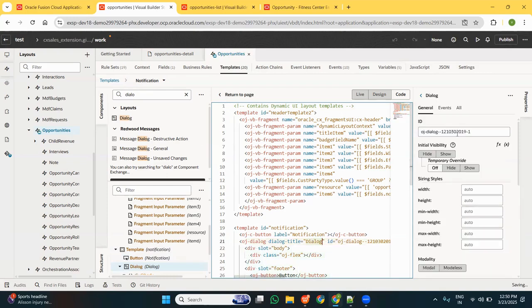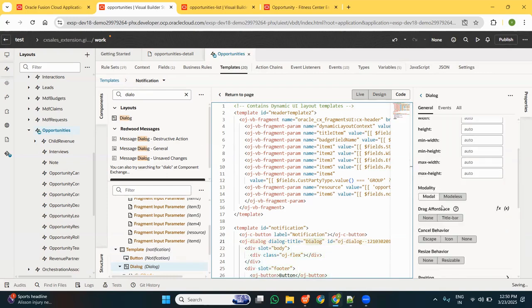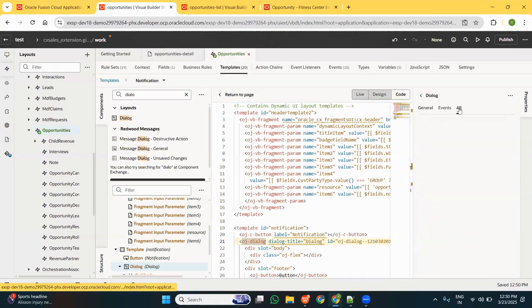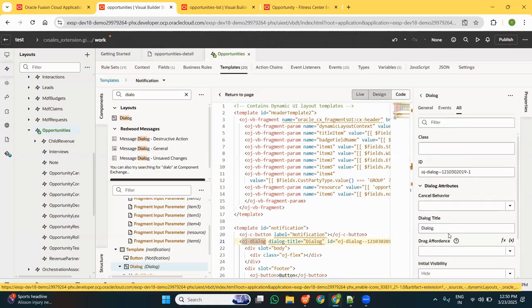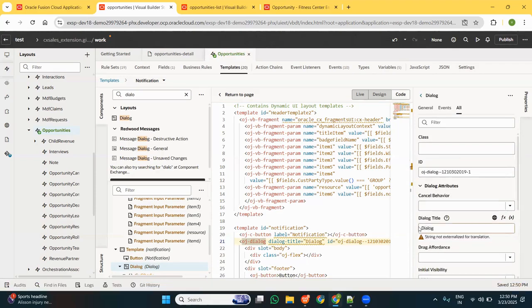You can also modify the content for this dialog box. Hover on this OJ dialog, click on this all, and you will see here, you can find all the options. You can change the dialog title as